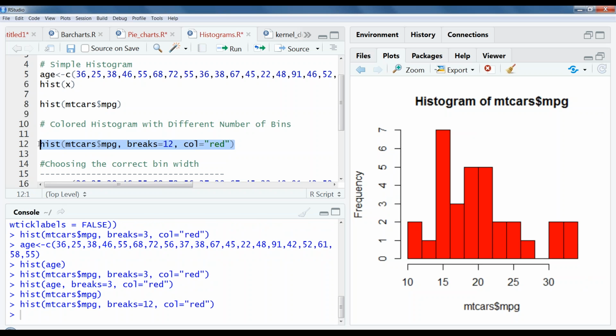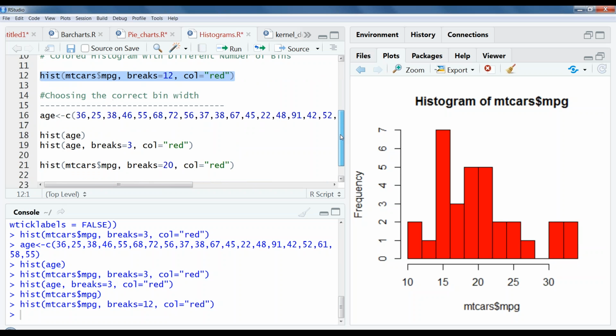So we can give coloring. Here again I've given 12 breaks, instead of normal where it is taking only 4 or 5 breaks. Here you can see directly it is showing 10, 15, 20, 25, 30, but the actual breaks are the boxes with black borders. So 1, 2, 3, 4, 5, 6, 7, 8, 9, 10, and we also need to consider 11 and 12. It is making 12 breaks, and the color it is using is red.